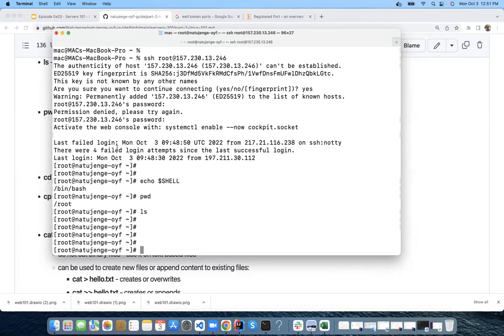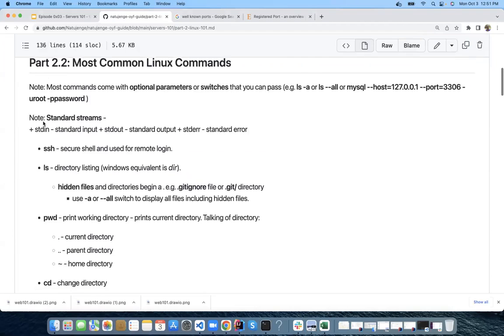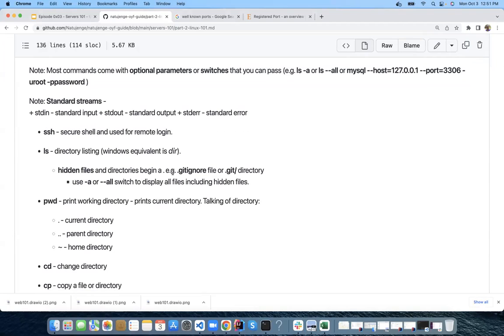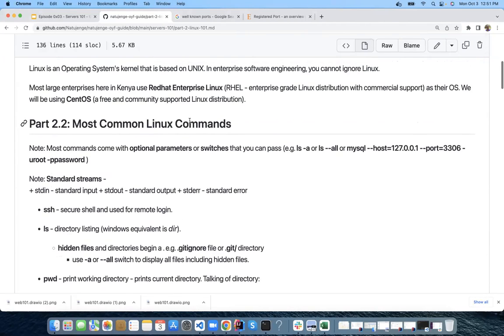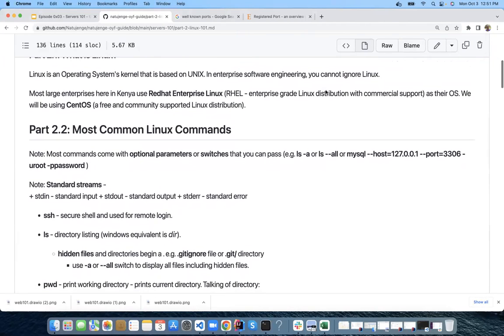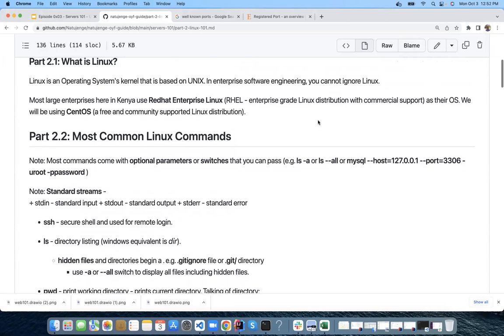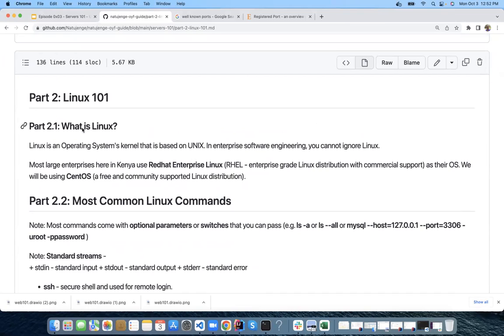Now, if you do ls, you can add switches. So one of the things that you need to know is that, okay, sorry, I think I overjumped. I went forward, but let me just tell you guys, the server we are using is